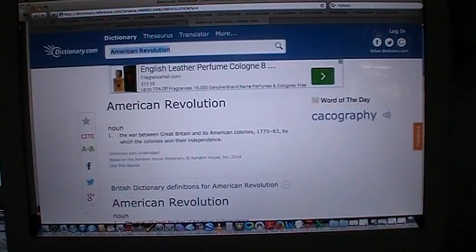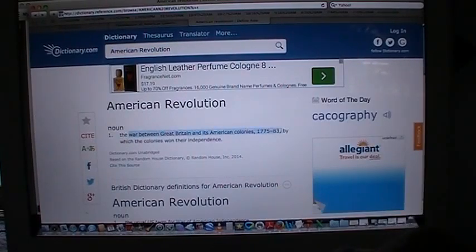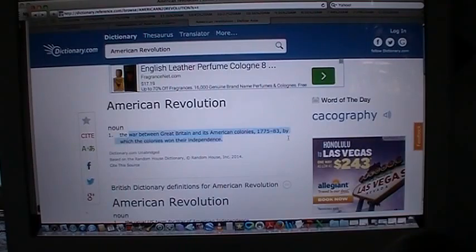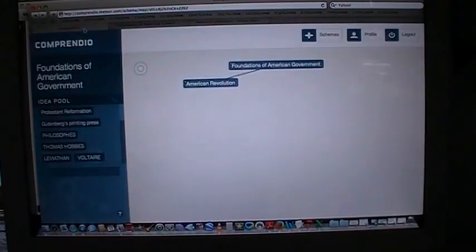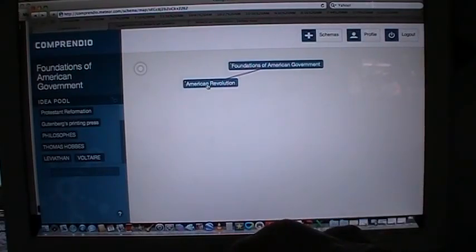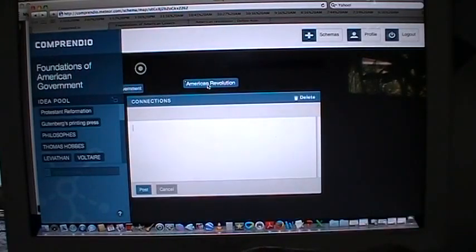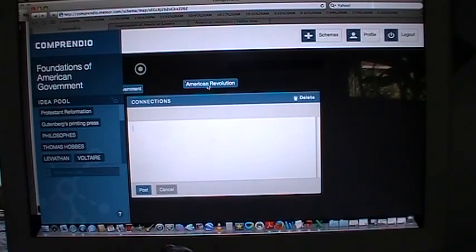Okay, the search result says that the American Revolution is a war between Great Britain and its American colonies, 1775 to 83, by which the colonies won their independence. So I'll go ahead and copy and paste that over to Comprendio under American Revolution. To add the definition, I'm going to single click on American Revolution, and this box opens up, and all I'm going to do is paste my definition in here,